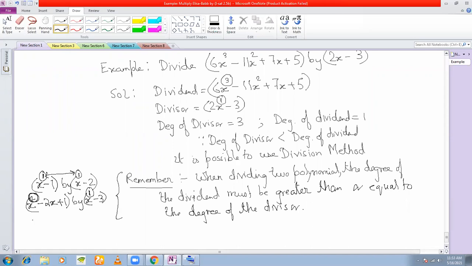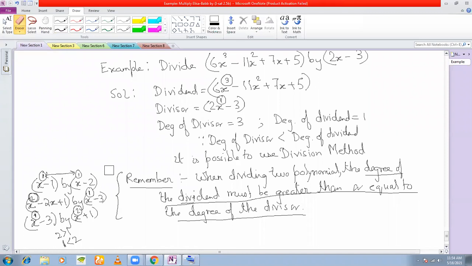But what if I tell you to divide x minus 3 by x square plus 1? Can you divide? This time you cannot divide, because you see that the degree of the dividend here is 1 and the degree of the divisor here is 2. Because the degree of the divisor is greater than the degree of the dividend, you cannot divide. Or you can say degree of the dividend is less than the degree of the divisor. That is, I have written here the degree of the dividend must be greater than or equal to the degree of the divisor. Okay, is that absolutely clear to all, or any questions on this?